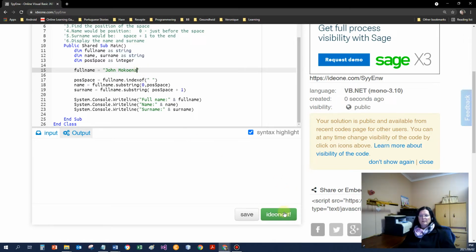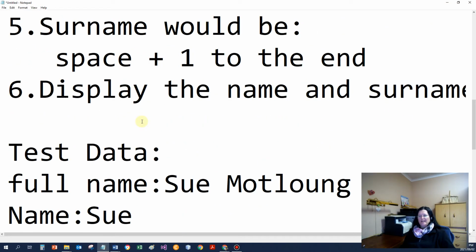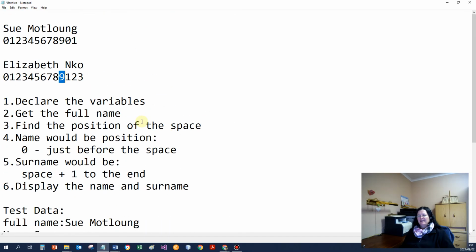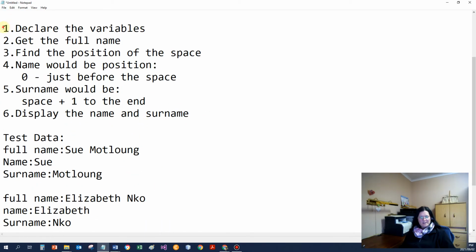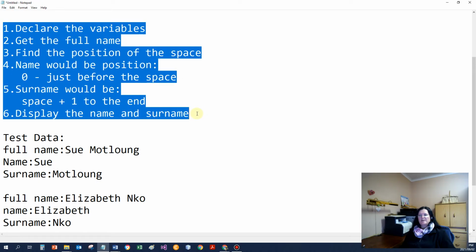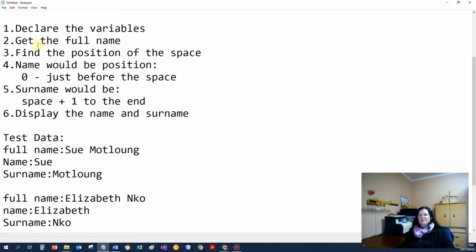Mkwena. Just need to remember what I used. Okay, and there I've got it. So now your task would be the following. This VB statements I showed you, just as an added extra, a bonus. I'm actually interested in these steps. What would be the steps that you're going to follow, and whether you use a GUI program or